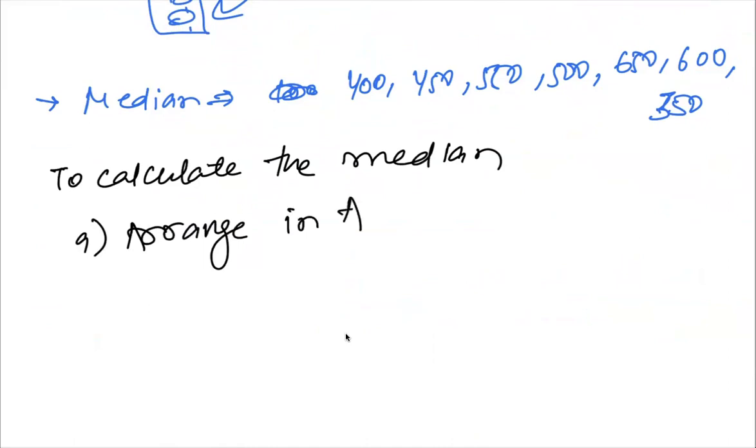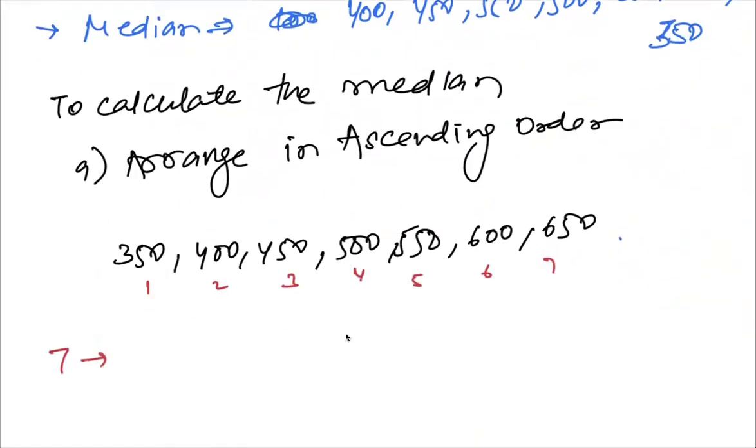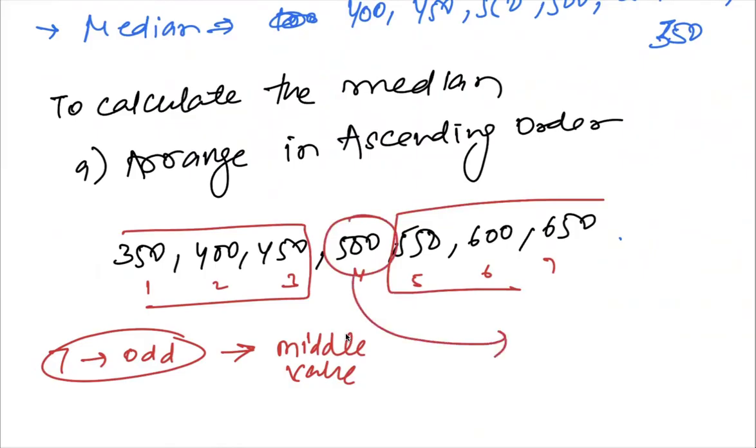So: 350, 400, 450, 500, 550, 600, 650. Now count if it's an even number or an odd number. 1, 2, 3, 4, 5, 6, 7. Is 7 even or odd? It is odd. When you have an odd number, take the middle value. This will be your median,